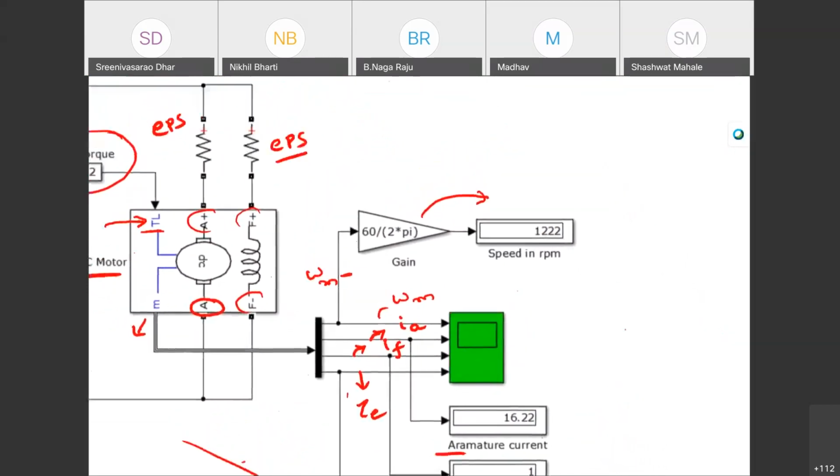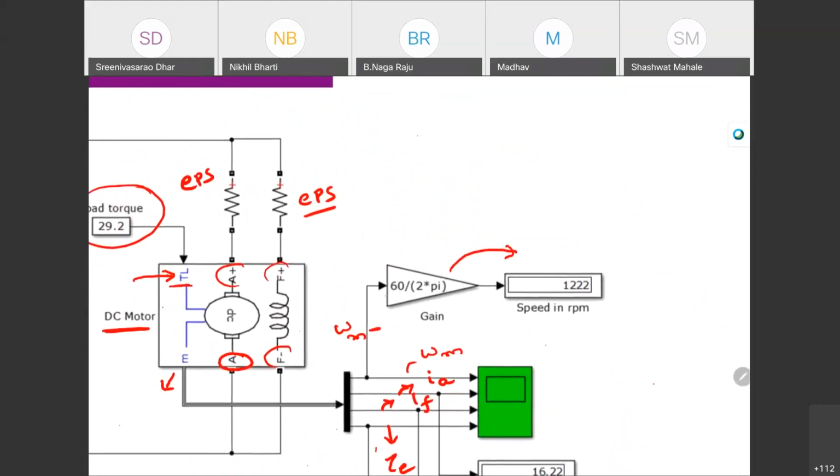What we actually designed with this load torque was 1220 rpm, and roughly this value matches. It is showing 1222 rpm. Maybe we did not provide the exact data, and some points are missing. If it is 0.56, sometimes we may consider 0.5, but the simulation will not. Therefore it roughly shows 1220 rpm.